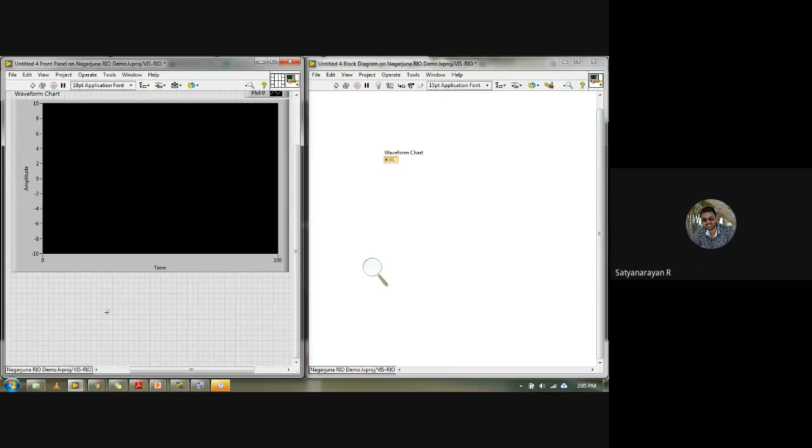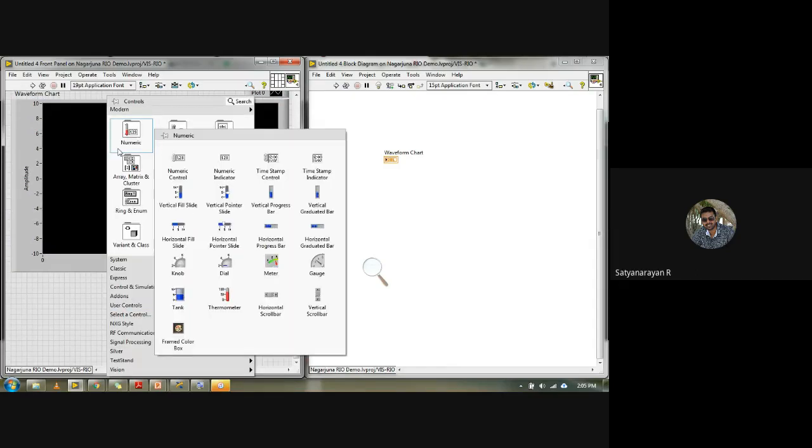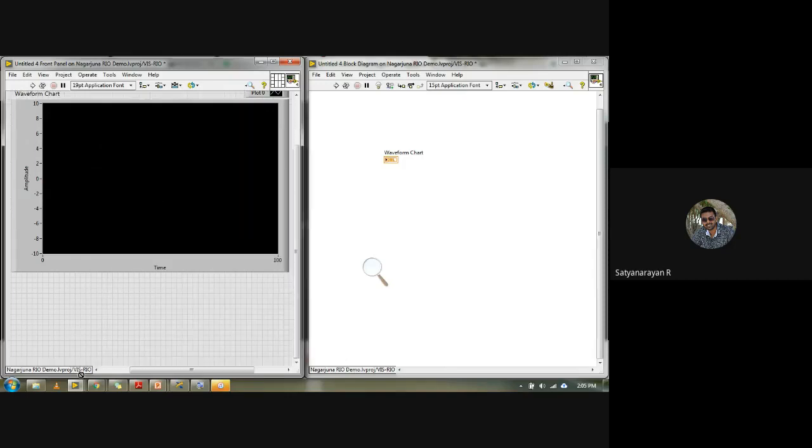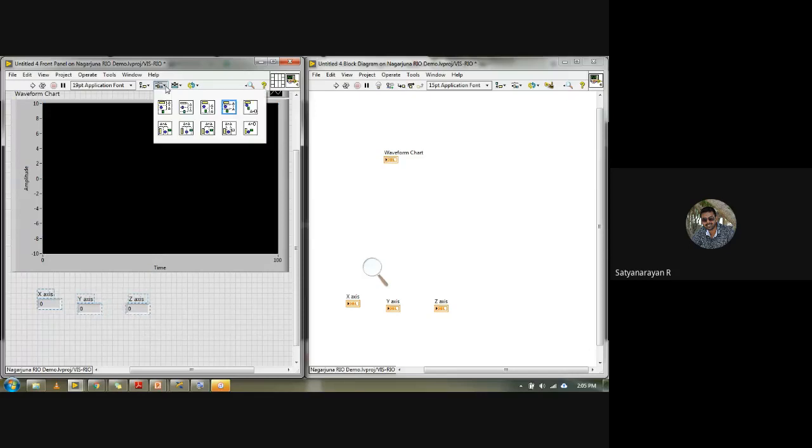After that, I'll take indicators and mention them as the x-axis, the y-axis, because I have to display those values too, and next the z-axis. I'll keep it here in the vertical manner.